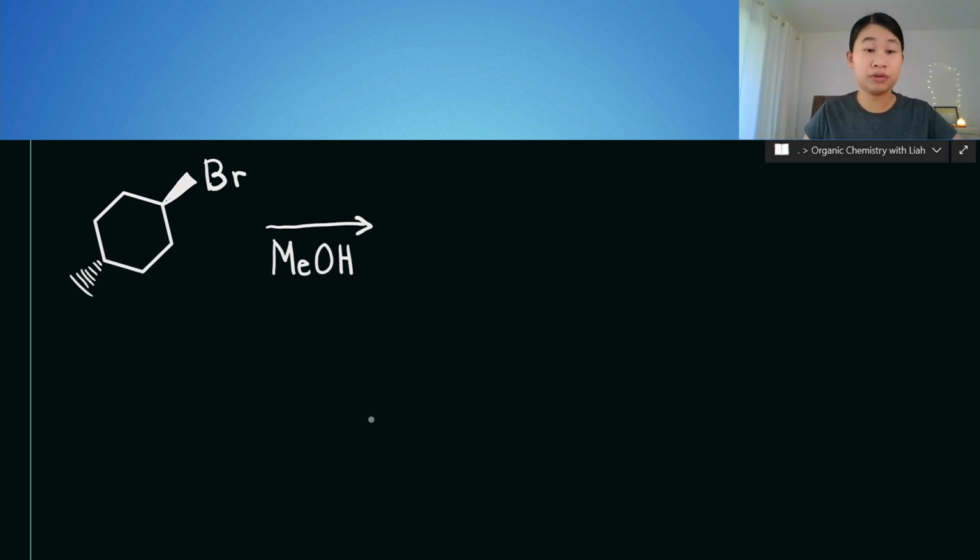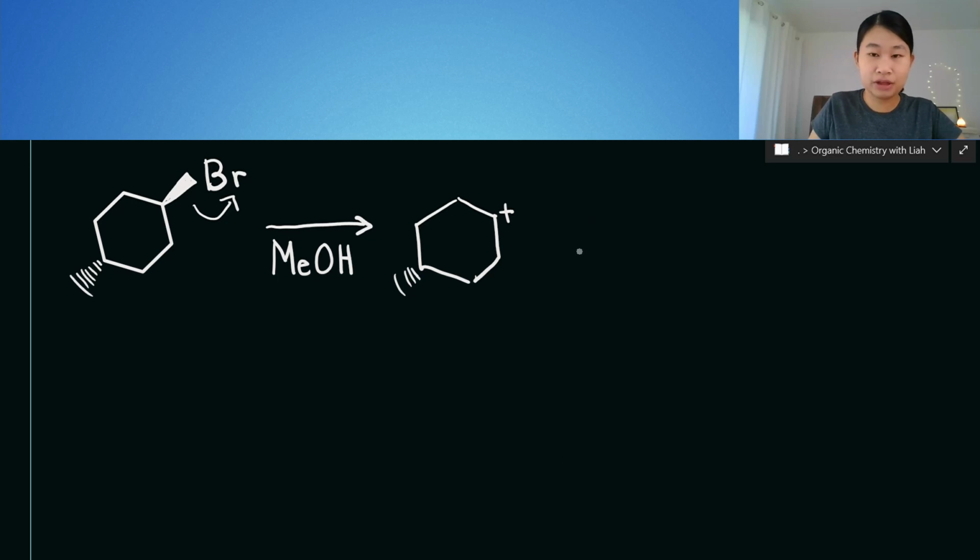So we're doing an SN1 reaction, which means the first step is that the leaving group leaves. The leaving group will be bromine, and that's going to give us the carbocation intermediate, which looks like this. Next, we're going to have the nucleophile attack. As a small note, Me stands for methyl and is just a CH3, and then we have the OH, like